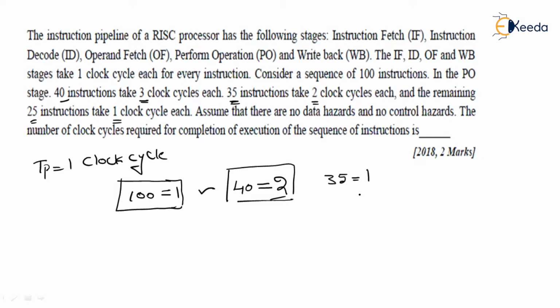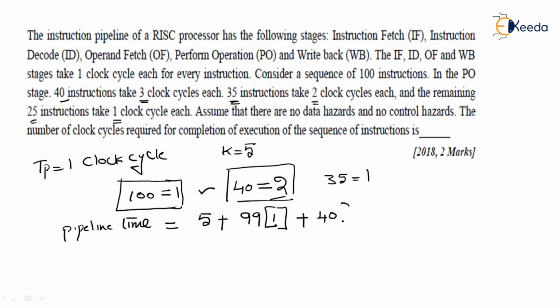All right, now the pipeline time for all the 100 instructions. You know that the first instruction will take all the clock cycles. There are 5 stages, so the first instruction will have to pass through all these stages. So the first instruction will definitely take 5 clock cycles, plus the remaining 99 instructions will take 1 clock cycle in common. That is, these 25 instructions, 35 instructions, and 40 instructions will take commonly 1 clock cycle, plus